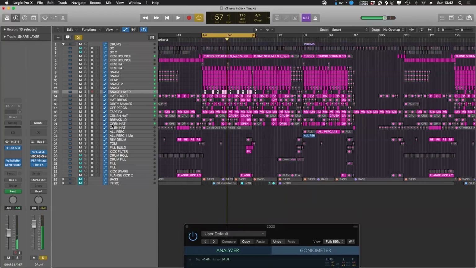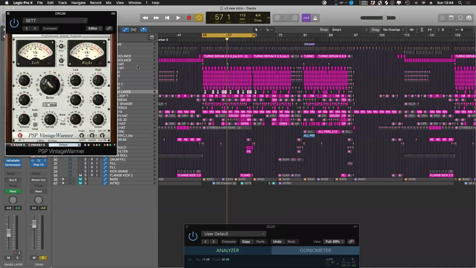So yeah, this is all of the drums now, the kick and snare and all the rest of the percussion. So my thought process is this: I'll process the sound singly, I'll then put them in their desired groups, so percussion, etc. And then I'll route them all to a final drum bus where I can really glue them together with just extra processing. And the main thing I use is the vintage warmer, and that is